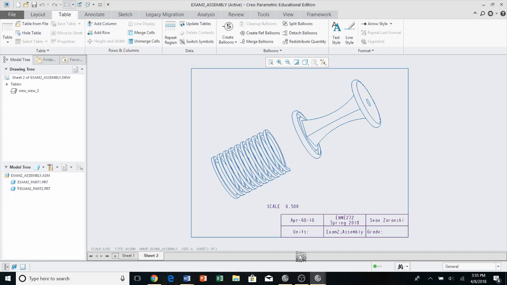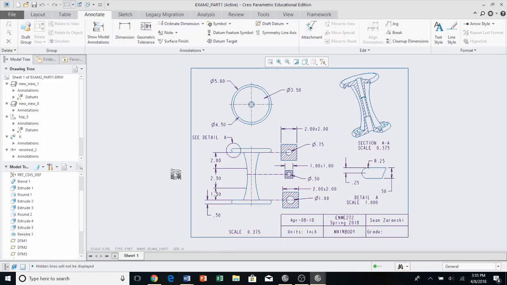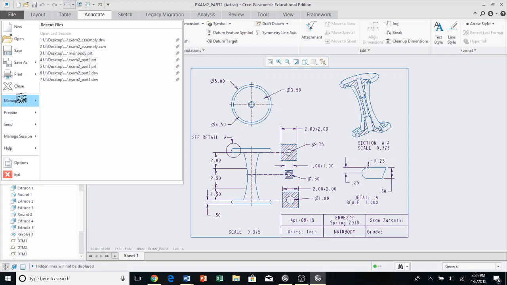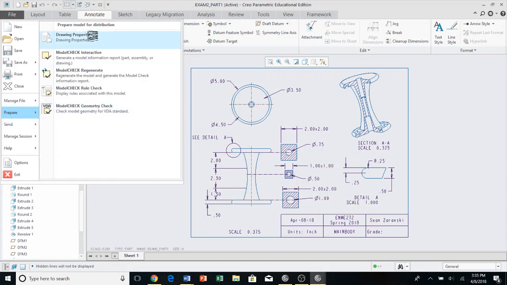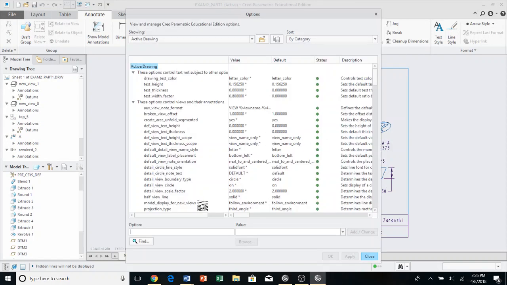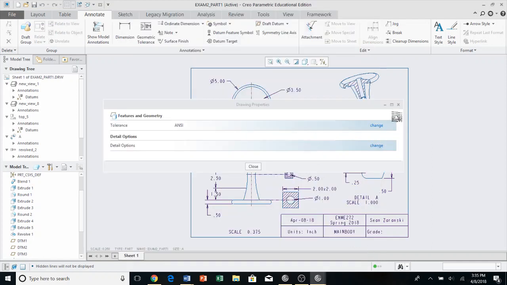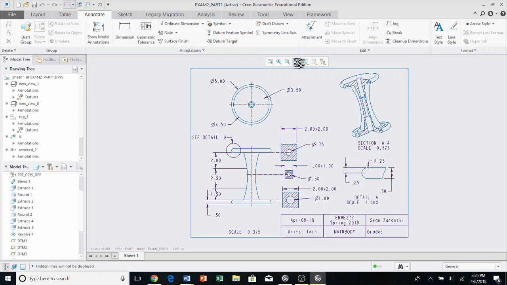So I have this. It came to my attention, while I was doing this, that in my drawing here I forgot to fill in the arrows, so I'm going to go to drawing properties. I'm going to go to detail options, and down here we're going to do arrow style, and we're going to make these filled. Add, change, apply, close, close, and once I push paint, all the arrows become filled, and that should be good too. Okay, so now